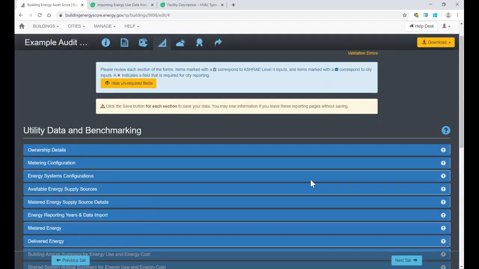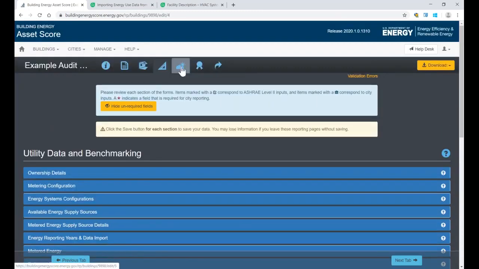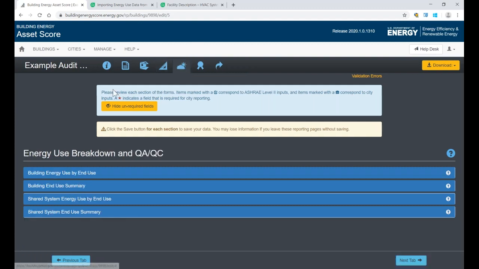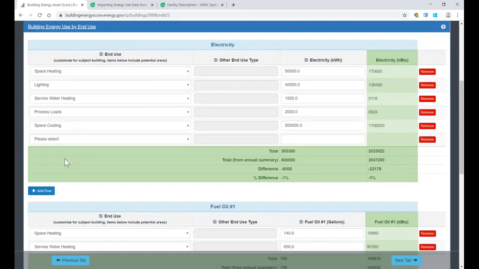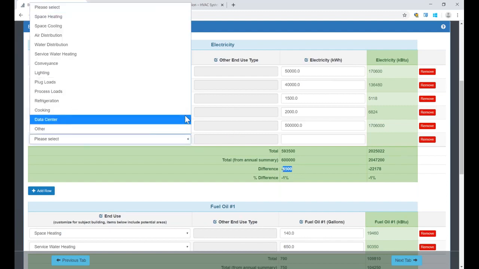Okay, let's move on to the next section, which is energy use by end use. And you have the opportunity to identify end uses by use type. And so, for example, we've already entered some values here. It's comparing to the annual summary that we looked at before. And maybe there's 6,500 kilowatt hours that are unaccounted for. Maybe the office building had a